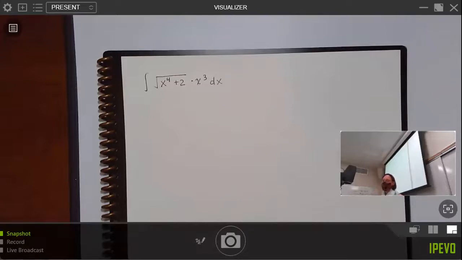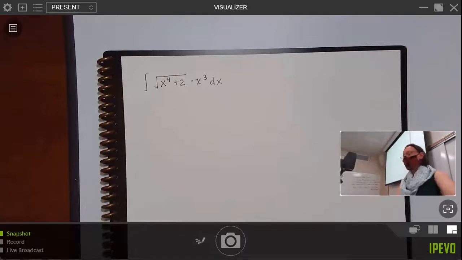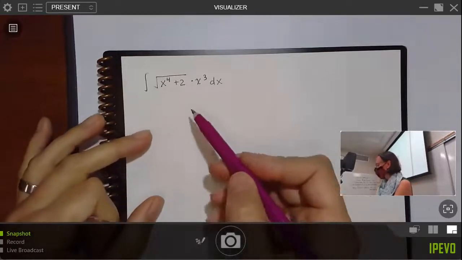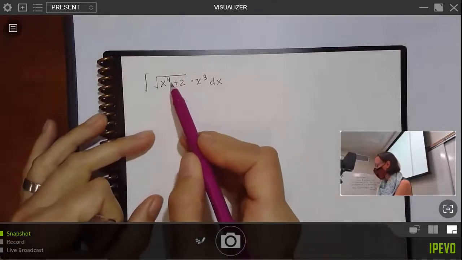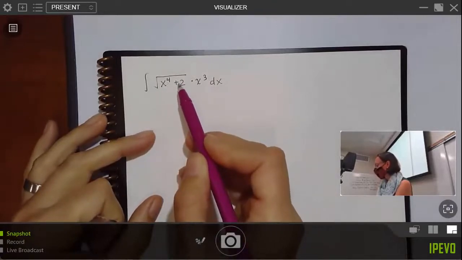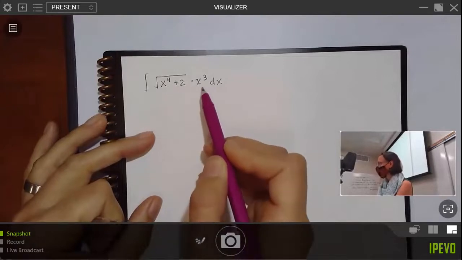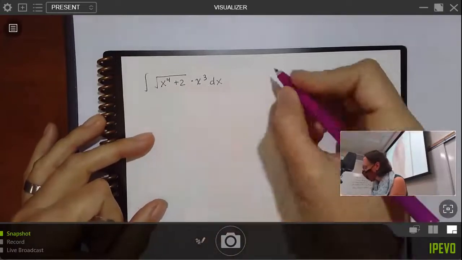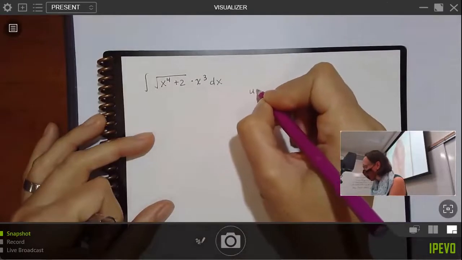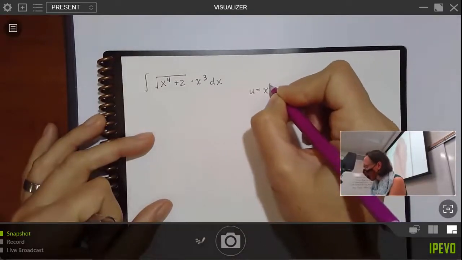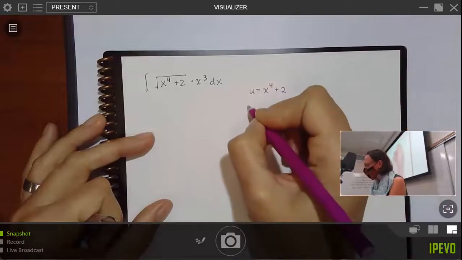So is the derivative of one part equal to another part? And the answer to that question is, well, yeah, kind of. Who's the part whose derivative is almost in here? Totally, the x to the fourth plus 2 part has a derivative that's almost x cubed. So I'm going to come over here and build my vocabulary list. And if I let u be x to the fourth plus 2, then that derivative